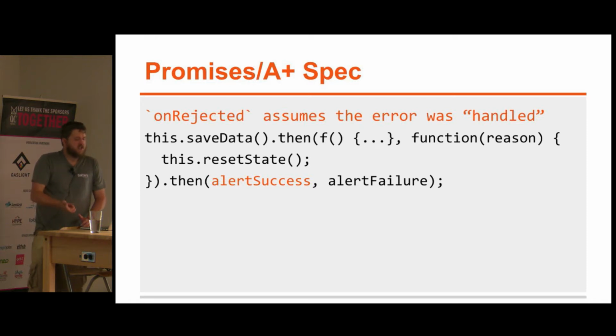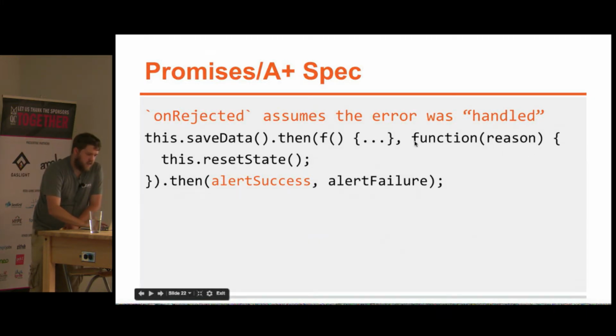When you handle a rejection, if you don't throw an error, it's assuming that you've recovered from it. So this is where a lot of people get tripped up, I think. In this case here, I've tried to save data, and the data save fails for whatever reason. And I've done a reset state. Maybe I reset my data back. But any then promise that's consumed later down the road will actually hit the success. It won't hit the error, even though an error occurred earlier.